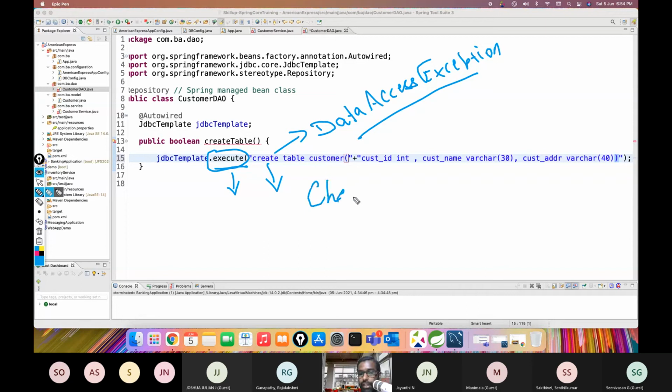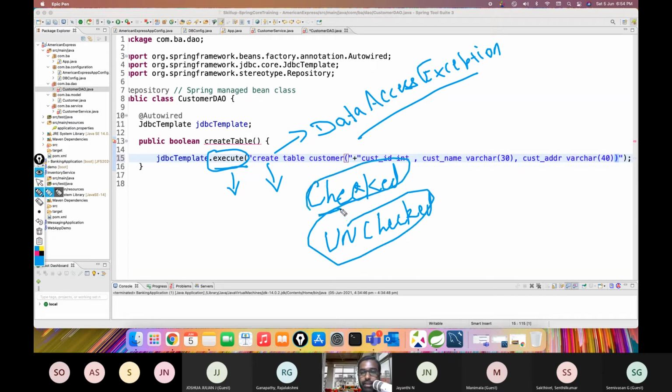So we have something called checked exception, and we have unchecked exception, correct? We have two types of exception categories. One is checked, another one is unchecked exception. It looks like it falls under the unchecked exception. Checked means the exception is checked and you have to apply the try and catch or you have to